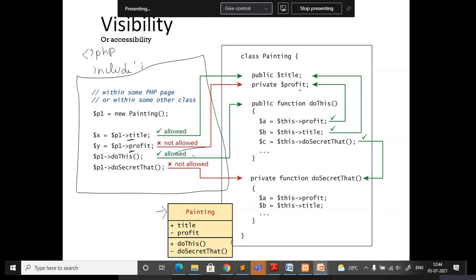If it is in the same folder, you can directly specify the name of the file. Or if it is in any folder, you can specify the folder followed by whatever name you have given here. I consider I have given paint.php.